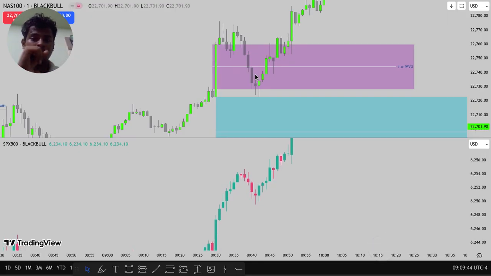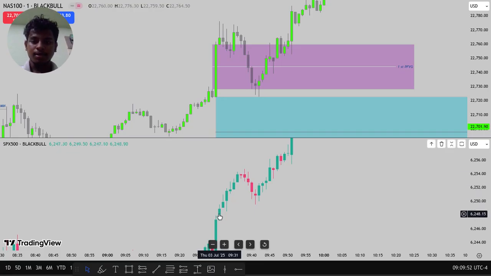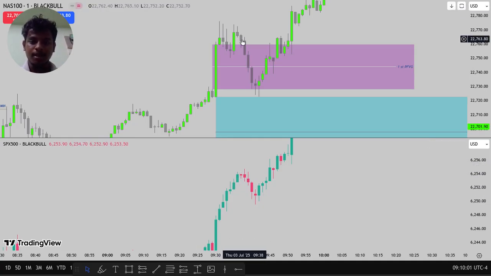Okay, that's no problem. Why I take this, I'll explain here. Here's the SMT. You can see what candle this is? The 9:31. This one is the 9:31, and this one is the 9:35. Here you can see the clear SMT. After the market drops down, this is also SMT. If the market just takes below and comes here, that's a great SMT on the 9:30 opening candle.